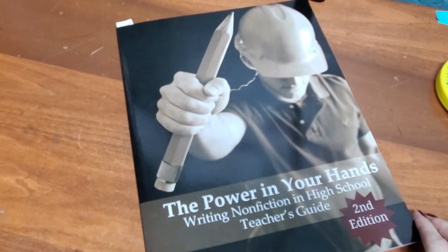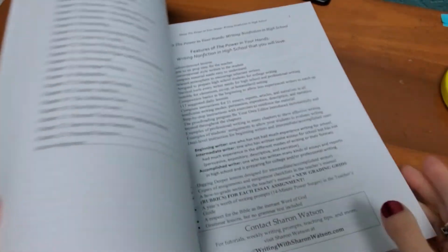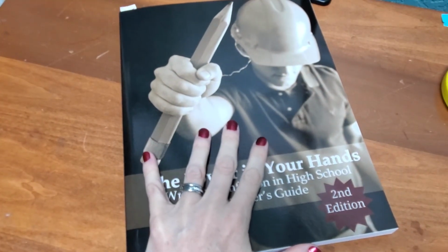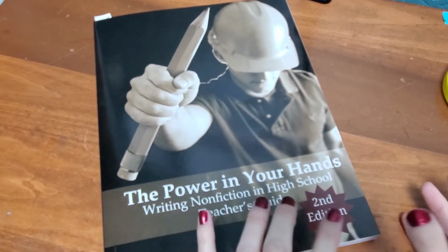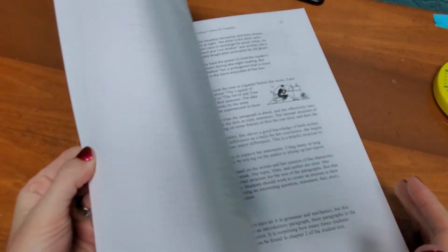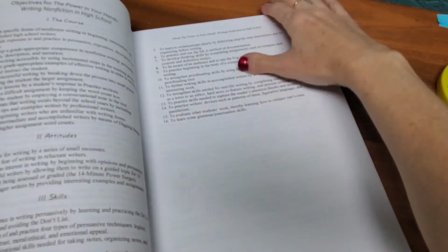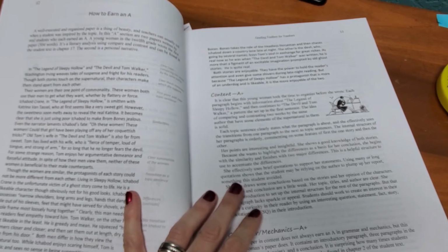Okay, so here is the teacher's guide. My first impressions of this were really, really positive. One of the things I appreciate, in fact, if you are not choosing this curriculum, I might even recommend getting the teacher's manual if you're intimidated by grading writing, similar to the way I've kind of felt about grading writing, because there is really great stuff in here. So she has how to give a grade, but then she says how to earn an A,